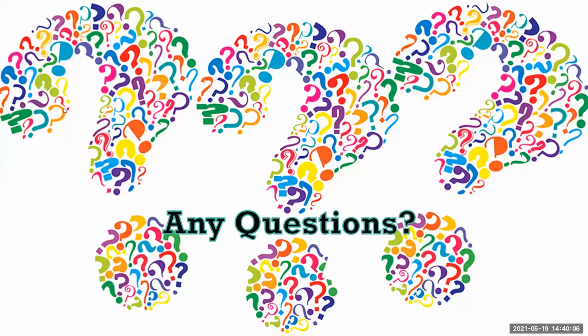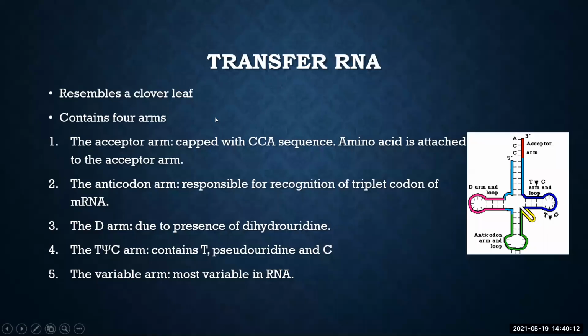Let me again repeat the structure because it is a 5-mark question for you. It resembles a clover leaf. It contains 4 arms, and there's a 5th one called the variable arm. The acceptor arm is capped by a sequence at the 3' end, CCA. This is responsible for attachment of amino acid to the tRNA. It attaches the amino acid, brings it to the growing chain and then adds it into the growing chain of protein. There is an anticodon arm which is opposite to the acceptor arm that is responsible for